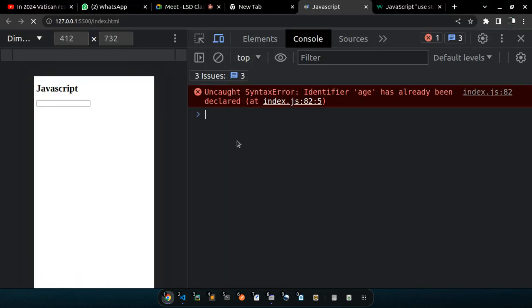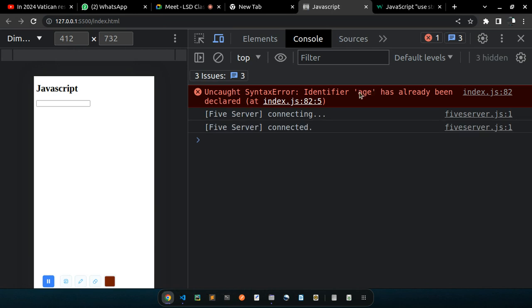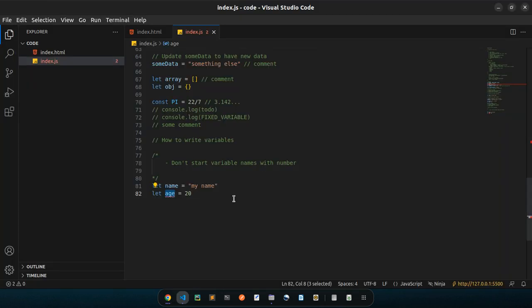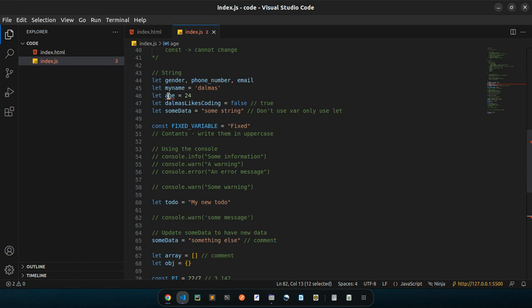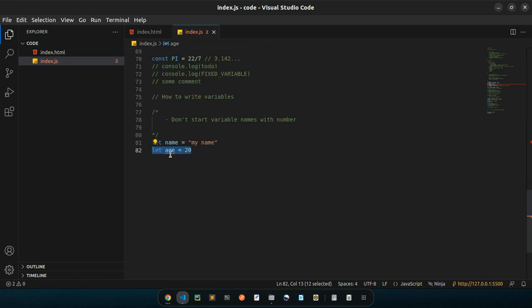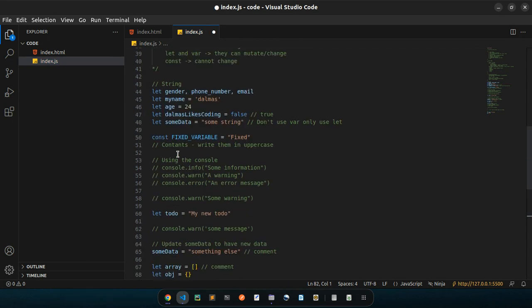If I save here, you will be able to see: identifier age has already been declared. So that's what it's saying. Age has already been declared. So remember that. Don't redeclare your variables anywhere. Even constants, don't. If you did declare age here, and you come down here and try to declare it again or make it again, it will fail. The only thing I can do here is just do age equals to 20, to just update age